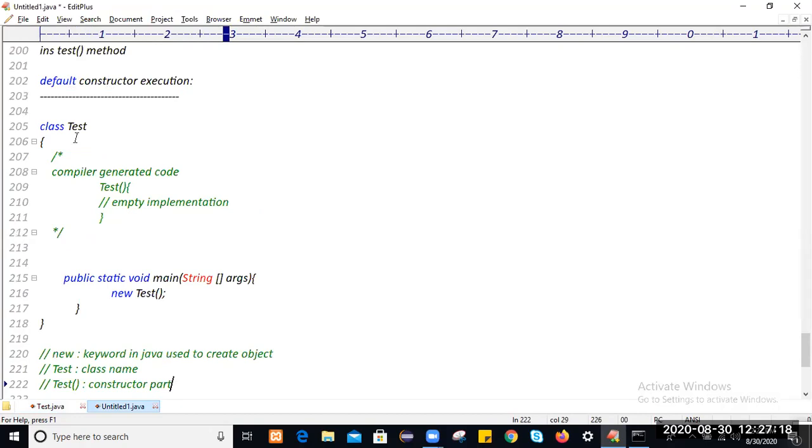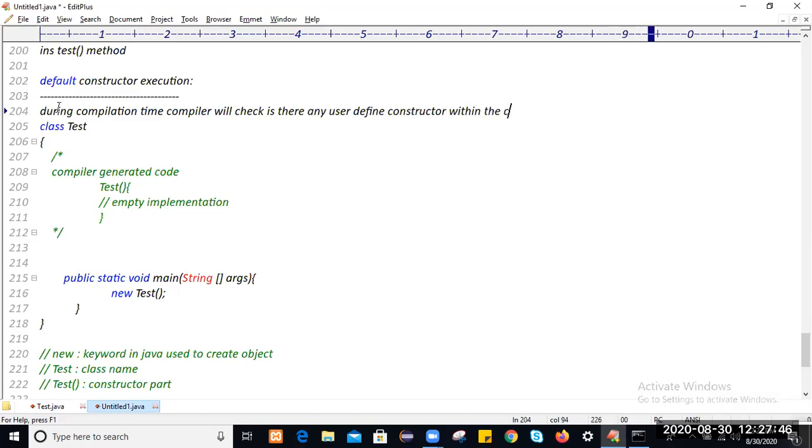Am I clear? Okay. So we can write: during compilation time, the compiler will check, is there any user defined constructor within the class?